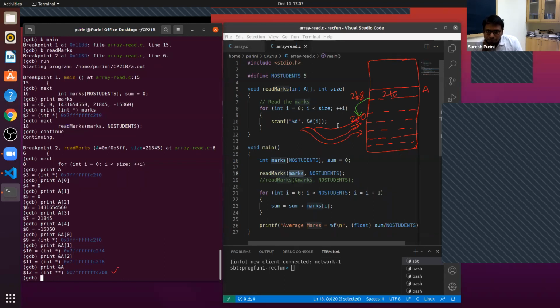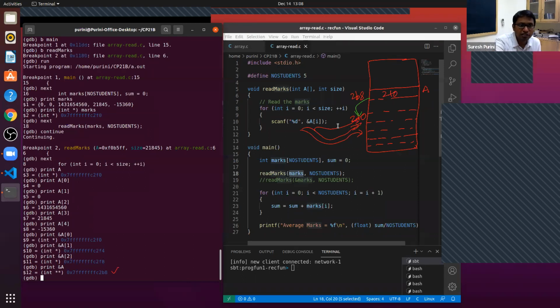2B8. And what does A contain? The base address of the marks array. That's what we are passing on line number 18.